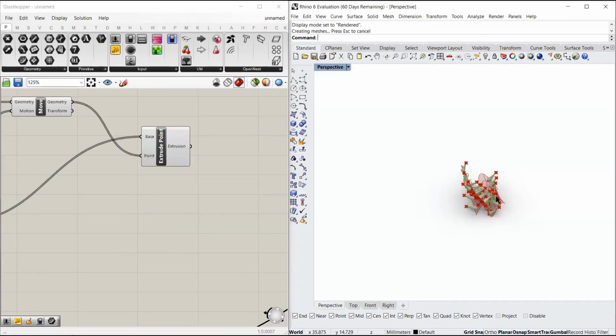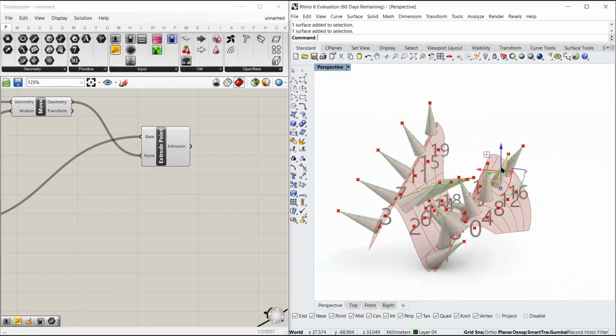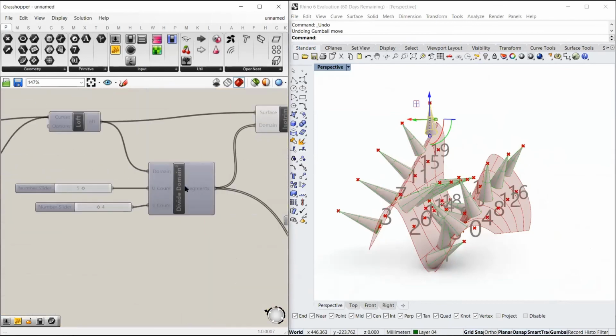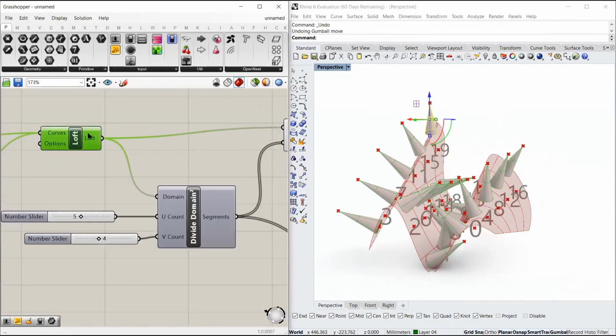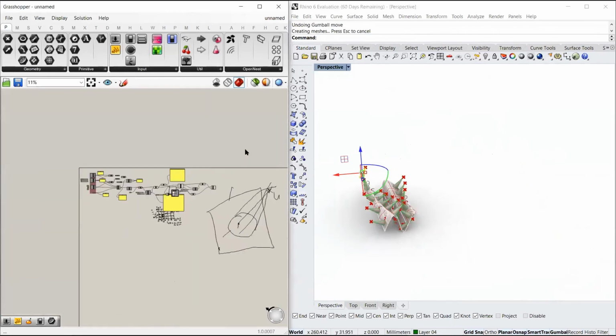And we go to the rendered viewport, and you see all of these are individual cones that are baked, and now we can actually move it in the Rhino interface as well. We can also bake the surface. So this was our initial surface. We could right click it. I want this to be in layer 5. Okay. So the surface also got baked, and we will preview all of these. We will minimize the Grasshopper screen, maximize my viewport for Rhino, which is set to rendered viewport, and this is what we get.